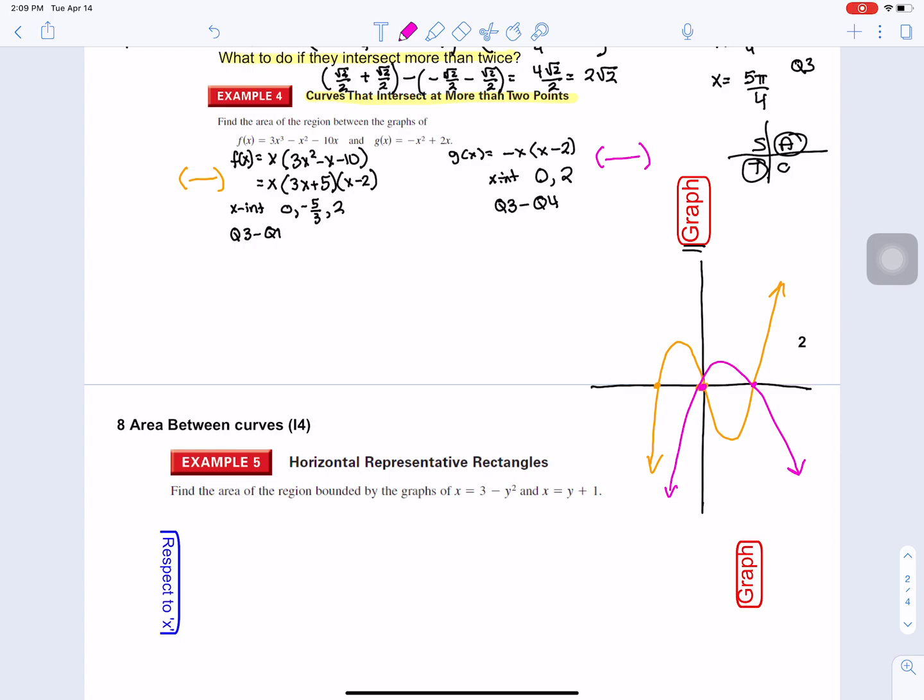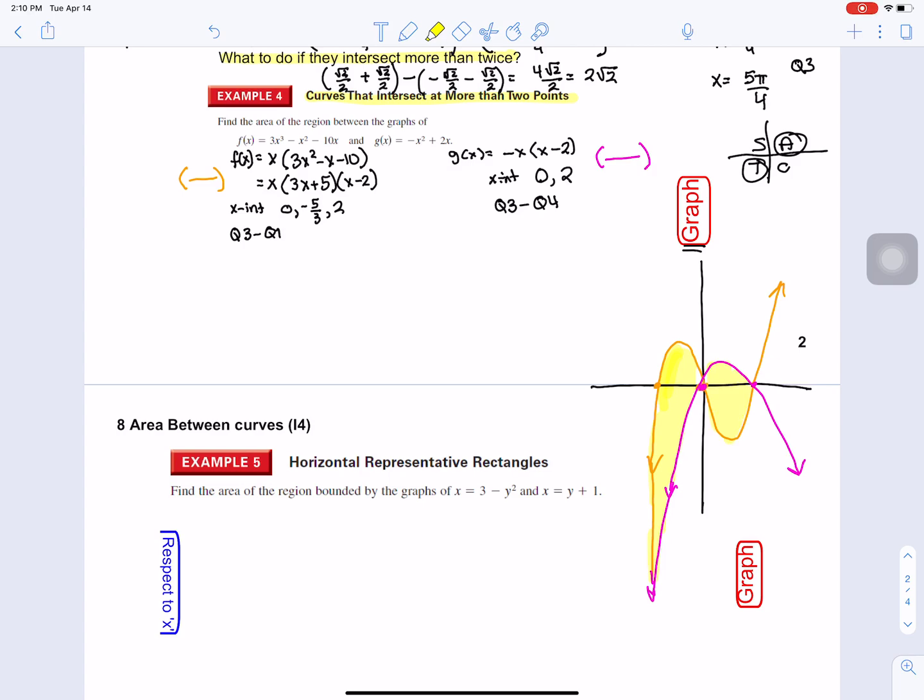So now what's going to happen is you got to ask yourself, is it going to intersect more here? And the answer is yes. So we need to extend this graph a little bit more. And it intersects. So let's highlight the sections we're interested in. Now there's this section in yellow. Now I've probably exaggerated this graph, and then there's this section here that are the sections that lie between the